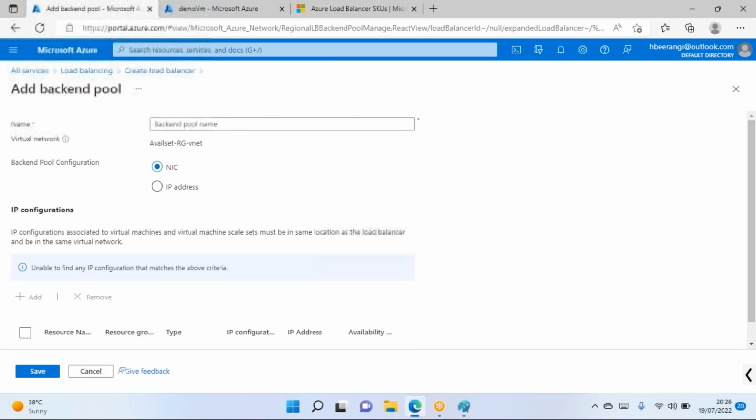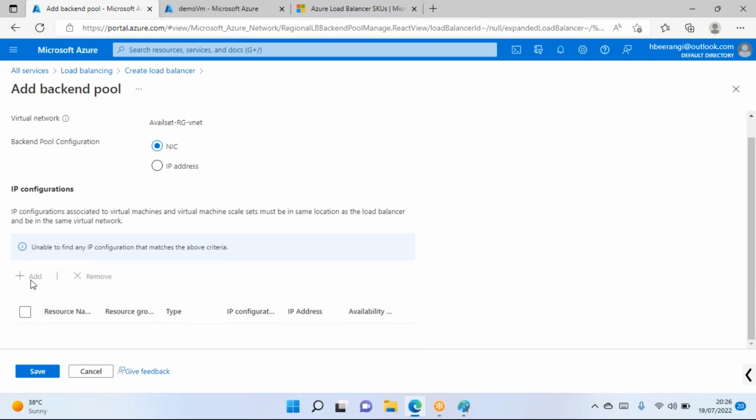Add a backend pool, and here you have to give the backend pool name. Here there is an add option, and with this add option you would normally be able to add multiple virtual machines. Now, this option itself is disabled because,